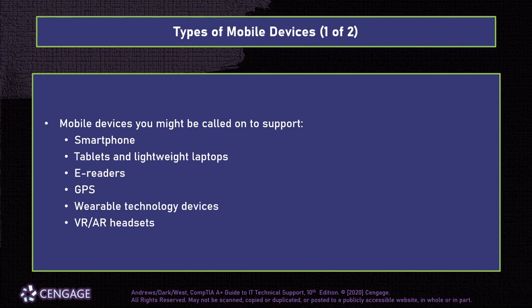GPS, so of course there's a difference between cellular-based triangulation GPS and true satellite GLONASS GPS. Wearable technology, so that could be things like smart clothing, things like Google Glass when that was still a thing, any kind of smart watch, a Nike Fuel Band or an Apple Watch or a Galaxy Gear, and then VR